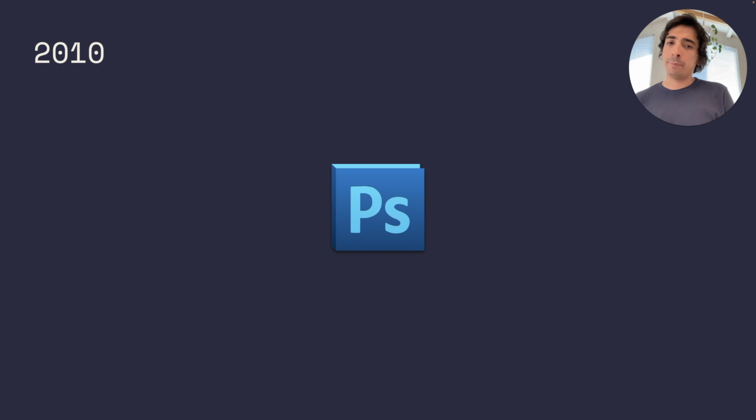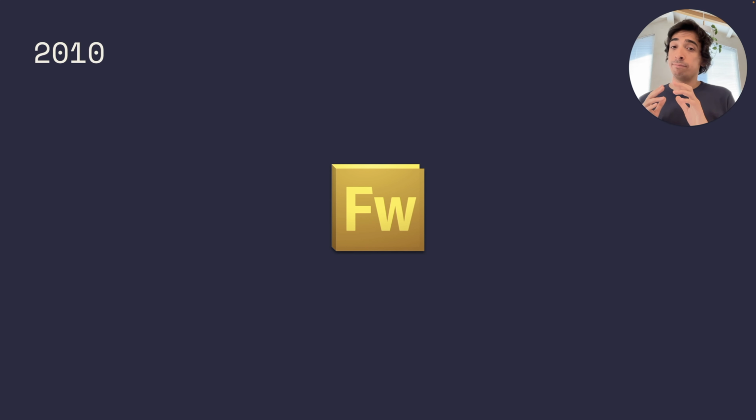Around the same time, Adobe actually had another tool called Fireworks. It was less popular compared to Photoshop, but still pretty commonly used among UI designers. I'm sure there are some people out there listening that have used Fireworks. It was pretty cool. And it had one key feature that I believe shaped the future of UI design, and that's symbols. Yeah, symbols back in 2010. You were able to reuse your UI elements, just like components in Figma or symbols in Sketch today.